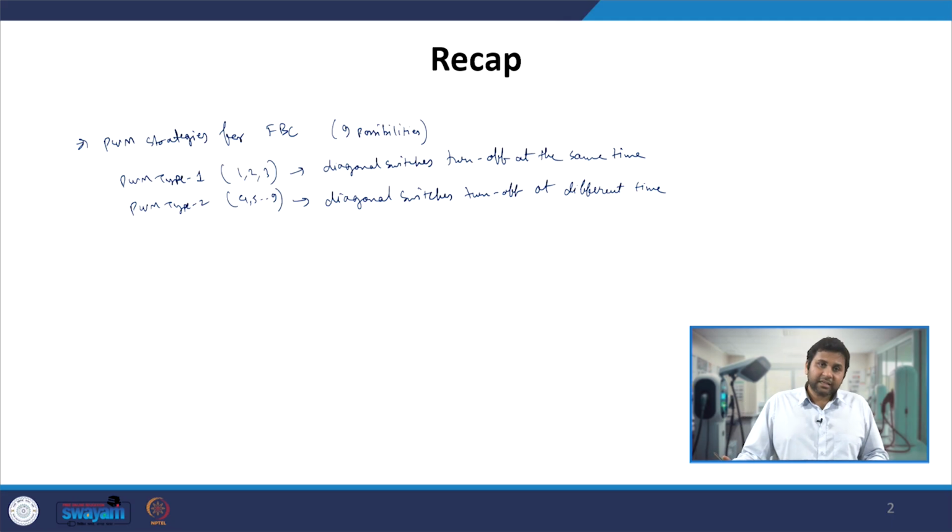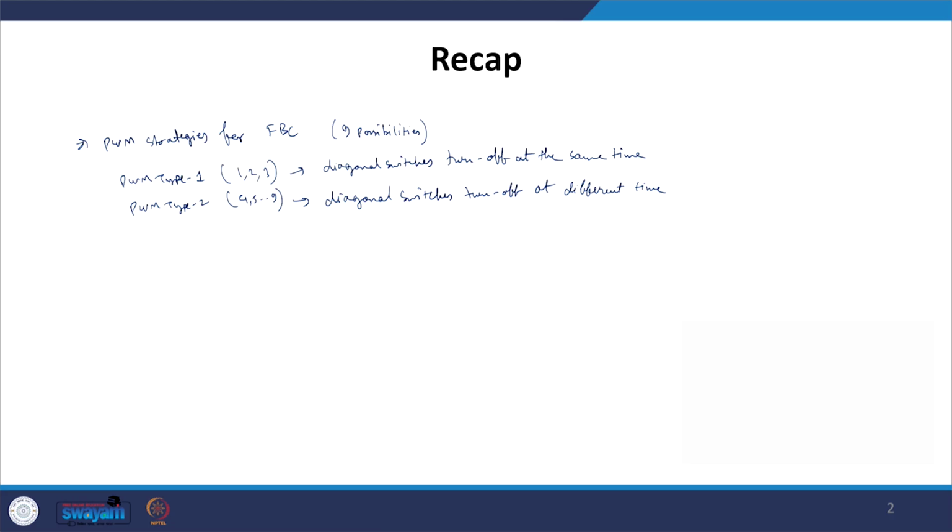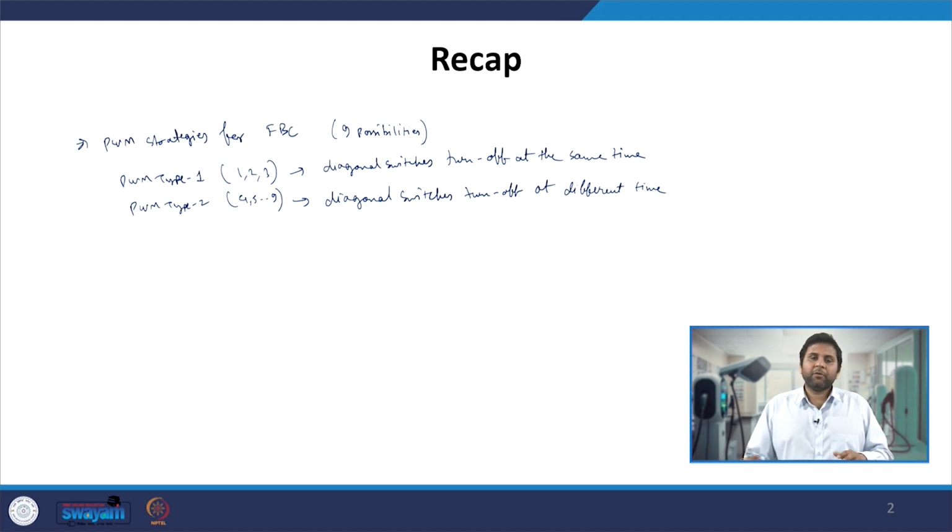However, in type 2 based PWM, we have seen that at least the leading leg surely achieves ZVS turn on, while the lagging leg may or may not, depending upon the energy associated with the leakage inductance and the transformer primary current. Depending upon that, the lagging leg also may or may not get ZVS turn on. However, for turn off, all the switches will achieve it, because of the output capacitances.